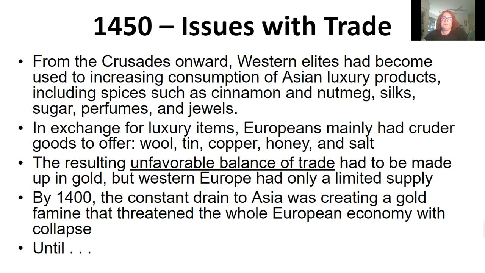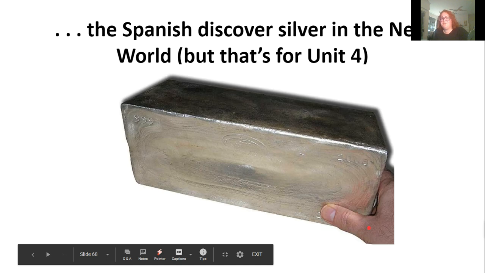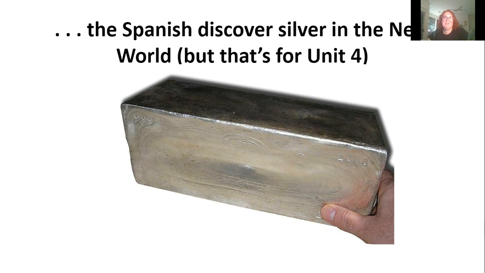But unfortunately, there would be issues with trade. From the Crusades onward, Western elites had become used to this increasing consumption of Asian luxury products. Higher demand. So in exchange for these luxury products, Europeans had cruder goods to offer: wool, tin, copper, honey. And this resulted in an unfavorable balance of trade. So enter gold. They started to use gold, but Western Europe only had a limited supply of this. And by the 1400s, the constant drain to Asia was creating a gold famine that threatened the entire European economy with collapse until the Spanish would